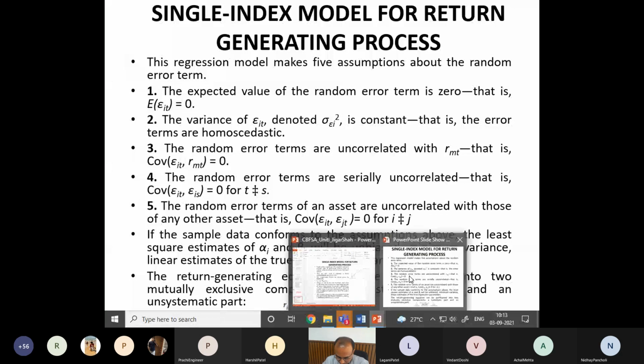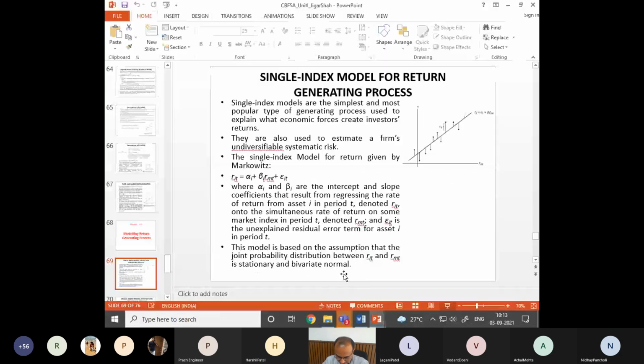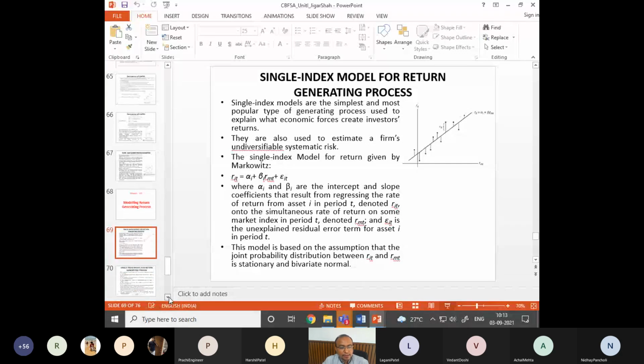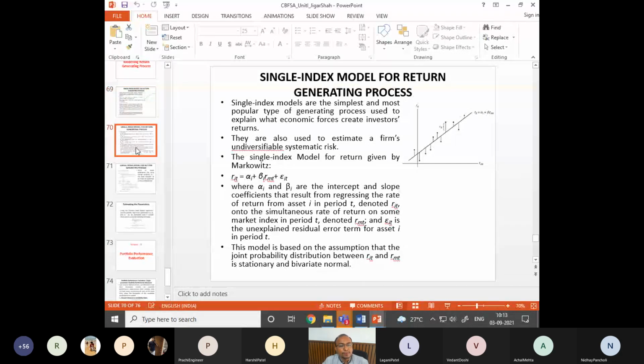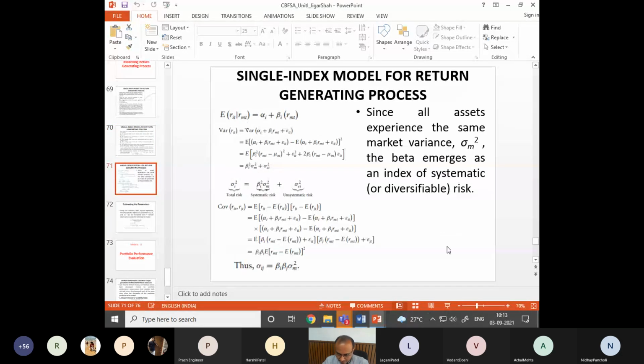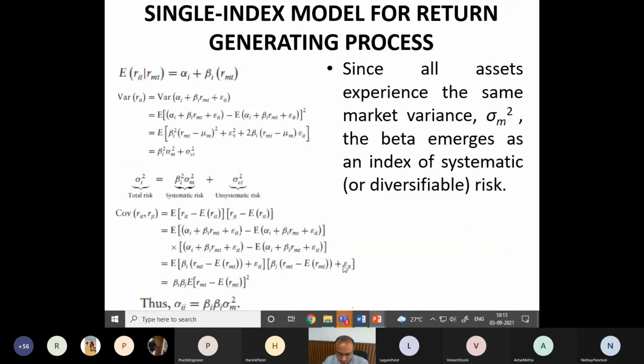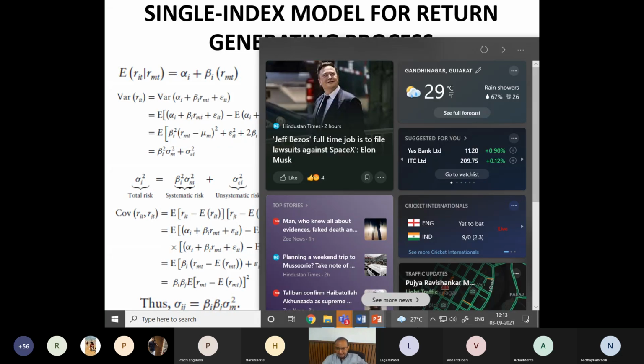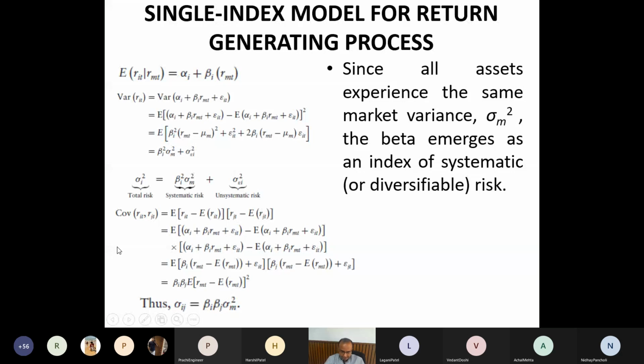So up to this point, I think we covered in the last lecture. So I go to that last slide where we were. Yeah, so we were at this. So total return is the systematic part plus the unsystematic part. Now let me find the expected value of this total return and the variance, meaning risk, of this security. Let me do some statistical operations on this, and I am assuming you know the properties of expectation and variance which you have studied in your probability and statistics.